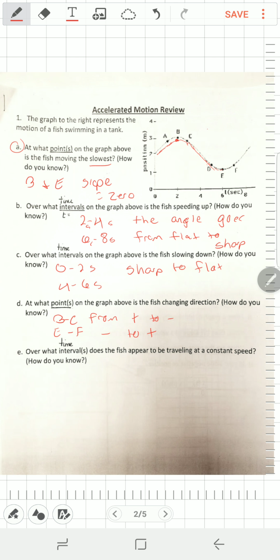Letter E, finally, over what time interval, again, is asking for time. Over what time interval does the fish appear to be traveling at a constant speed? Now, this is one of the questions that you should be pretty familiar with. That's kind of the entire purpose of this whole unit, was for you to recognize changing speed, accelerating speed,